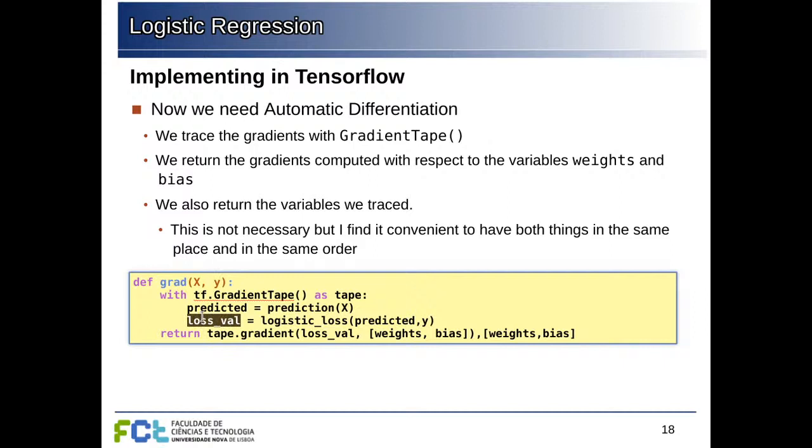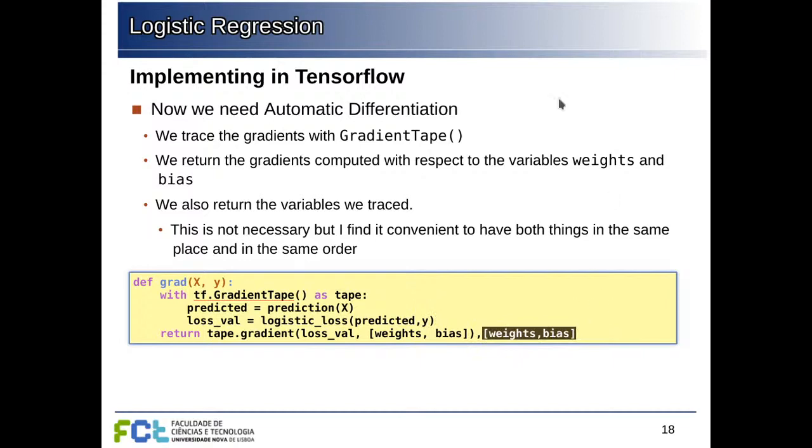And now this is the final tensor, which gives us the values of the loss function for all this batch. And we ask for the gradient of this value of the loss function with respect to the variables that we want to update. So now with this gradient function, we return the gradients, and I also return the variables themselves,